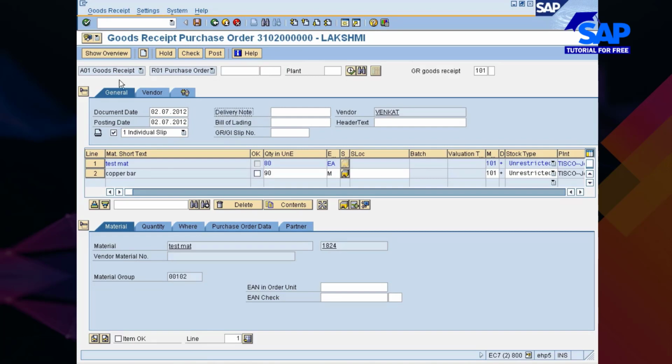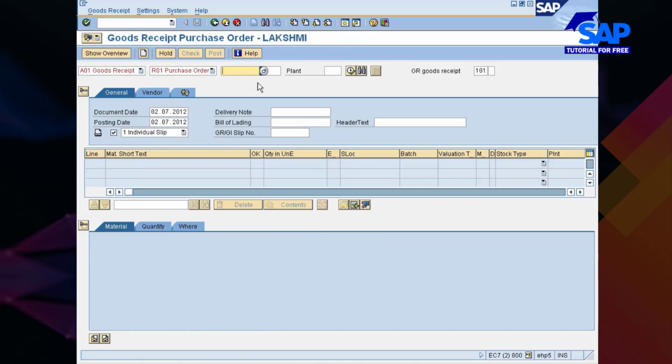For example, I'll show you. Just give me a moment. Let me rerun the transaction. Slash n MIGO.